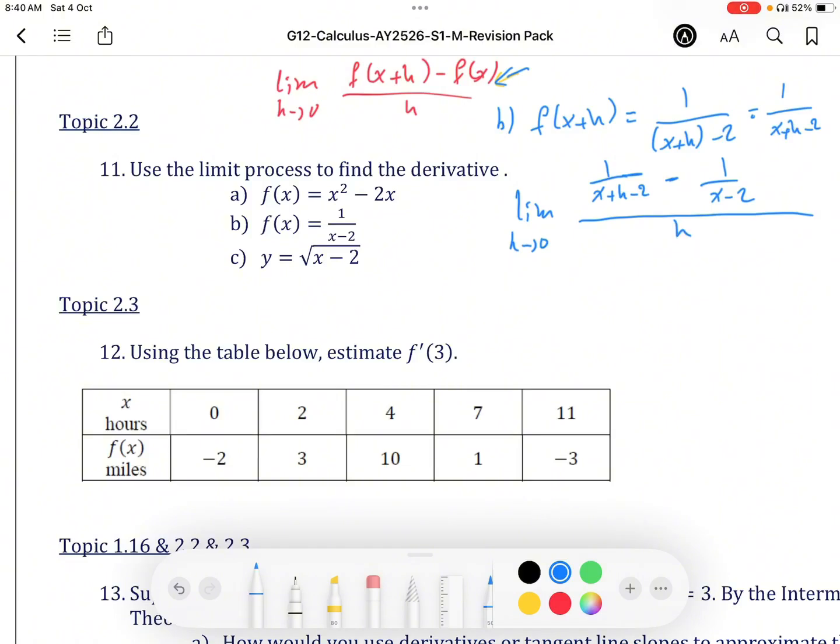divided by h. Remember when we add or subtract fractions, so let's say 1 over 2 minus 2 over 3. The best way is same denominator, 2 times 3, which is 6, and then we cross multiply: 3 times 1 minus 2 times 2. So it's equal to